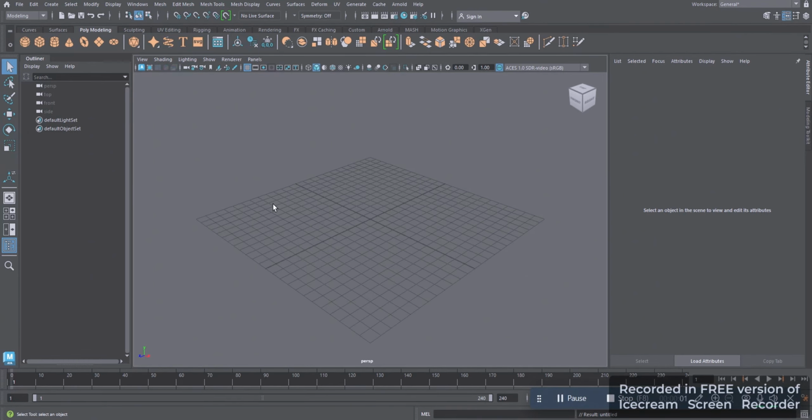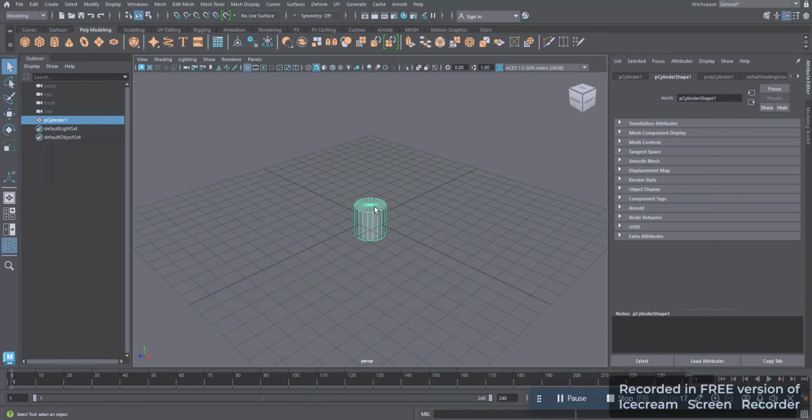Hello everyone, today I'm gonna teach you how to make a simple soda can in Autodesk Maya, and it won't be difficult or very complex. It will be simple. So all we have to do is make a cylinder,